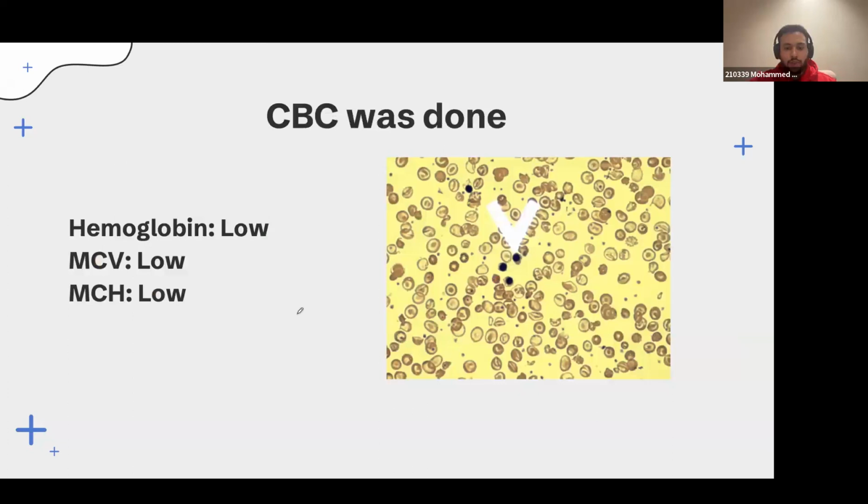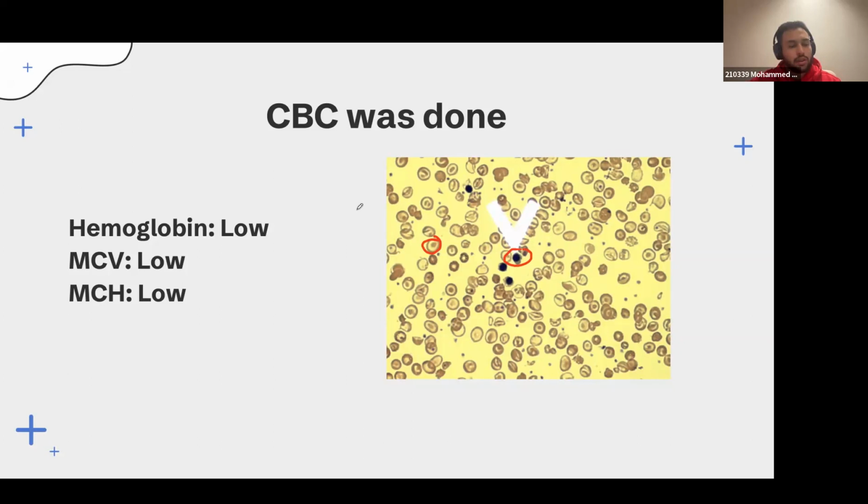You guys already identified the target cells. This. It's a nucleated RBC. And as I mentioned, because of ineffective erythropoiesis, it starts to